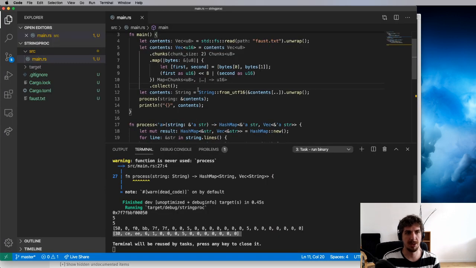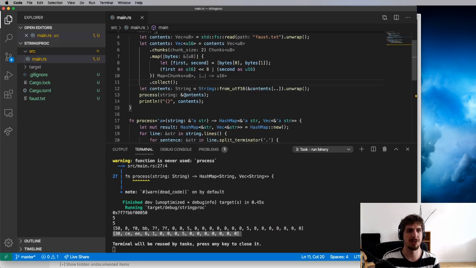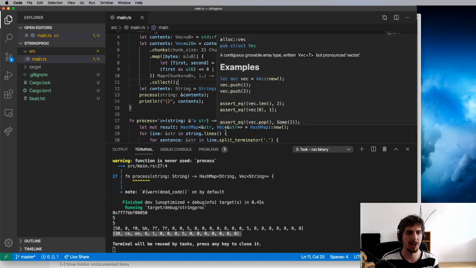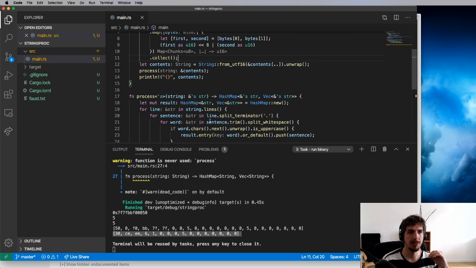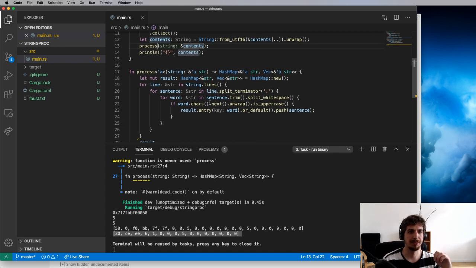And so this works out where our ampersand String automatically gets turned into an ampersand str, which is a totally fine thing to do. It costs nothing. They're really logically equivalent. This ampersand str here just refers to all the contents of the string that we've passed in. There are other ways to write this, but this is kind of the most common. Okay,